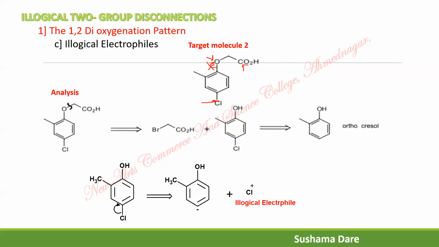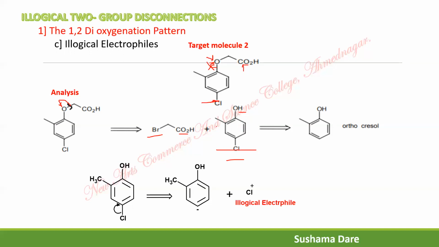So the best disconnection is in the direction of oxygen. So this is the best disconnection in the direction of oxygen. What does it give? That O minus is the synthetic equivalent, you just place the hydrogen there, and the remaining is COH, CH2, plus an aliphatic carbon having a plus sign, and we simply write the leaving group as Br. So COH, CH2, Br.